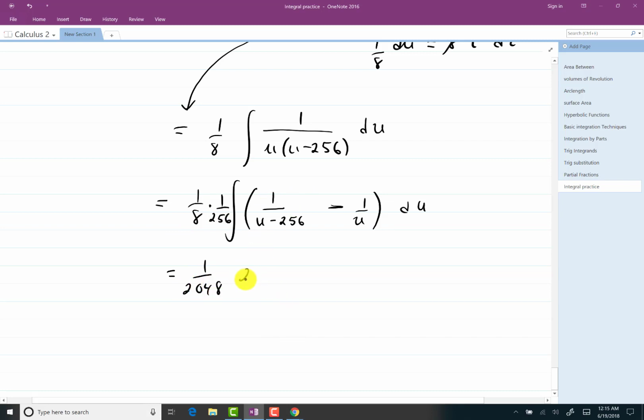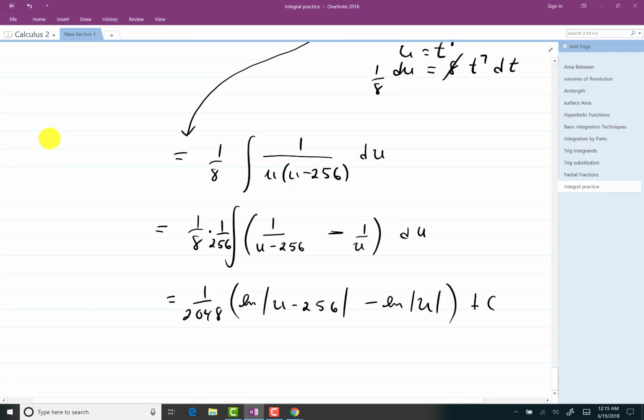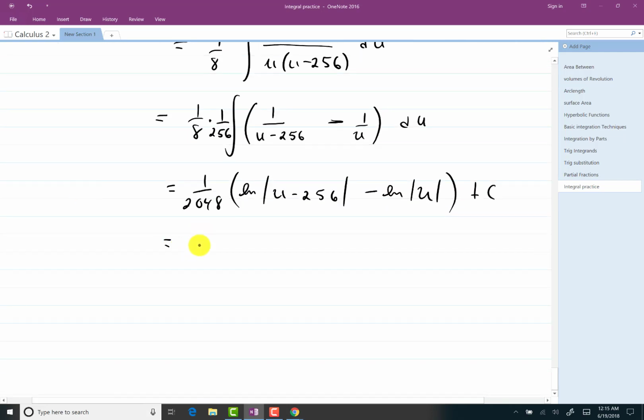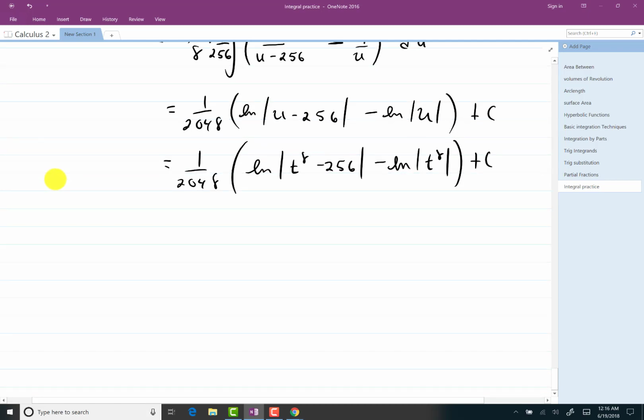ln absolute u minus 256 minus ln absolute u plus a c. And then where was u all that time? u was t to the 8th. And I guess to finish it off, I can go ahead and put